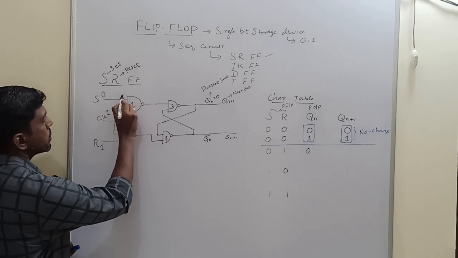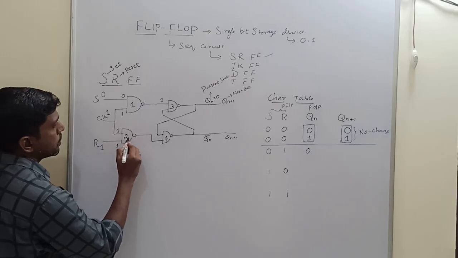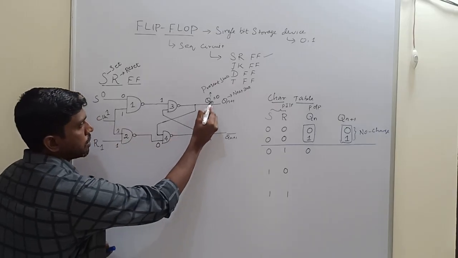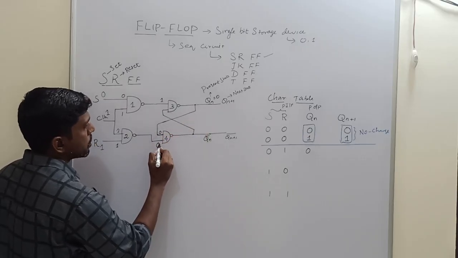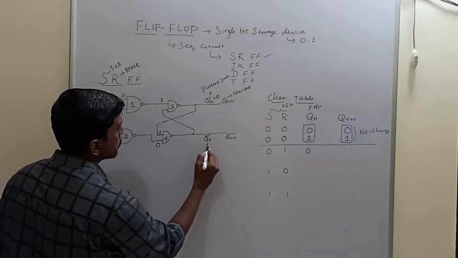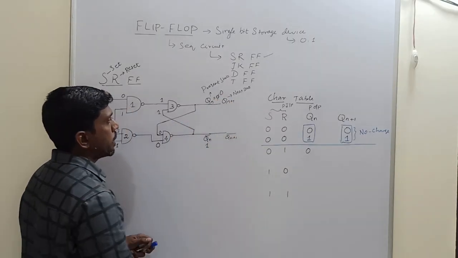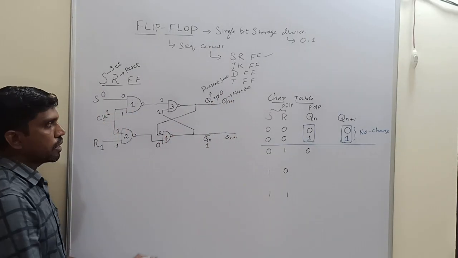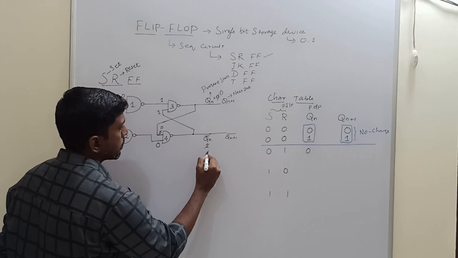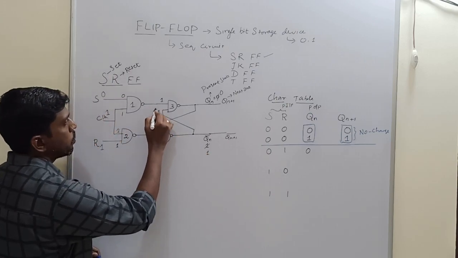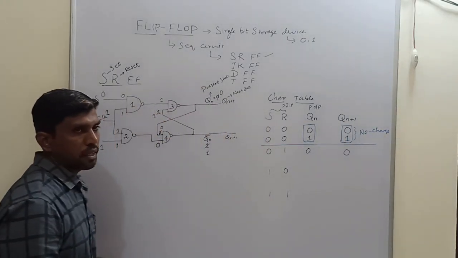So first NAND gate input is 0, 1, the result is 1. 1, 1, the output of second NAND gate is 0. This Qn value is given to the input of fourth NAND gate. So 0, 0, 0, Qn bar is 1. So this one is feedback to input of third NAND gate, 1, 1, 0. So again this value is feedback to fourth NAND gate. So this 0 is transferred to here, 0, 0, 1. So this one is given to here, 1, 1, 0. The output is 0. So it's a stable state.